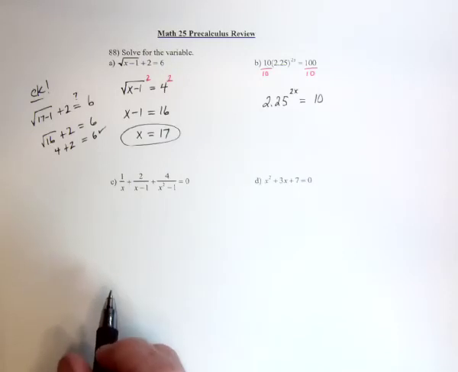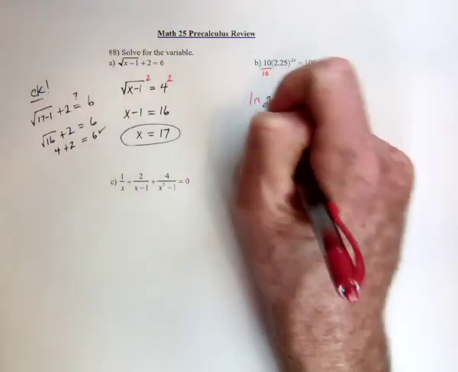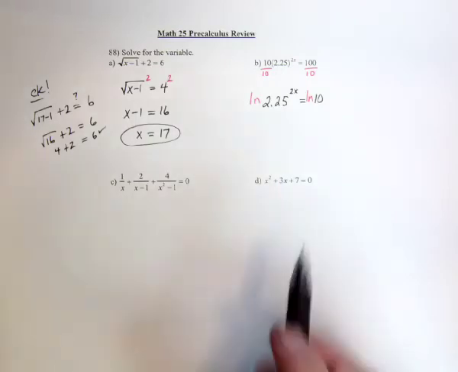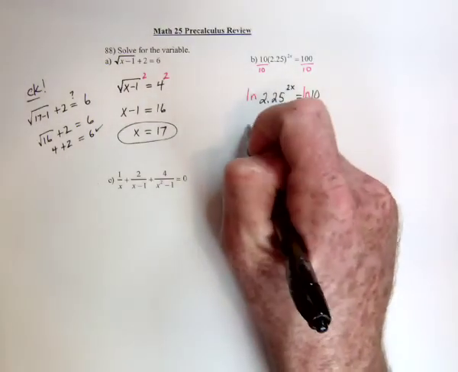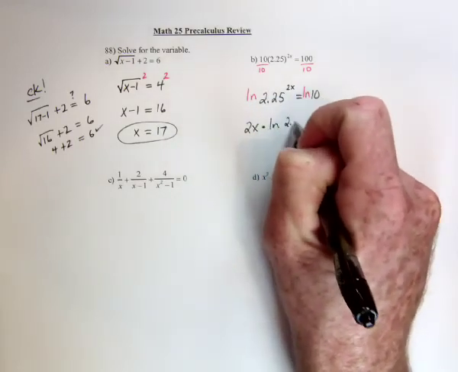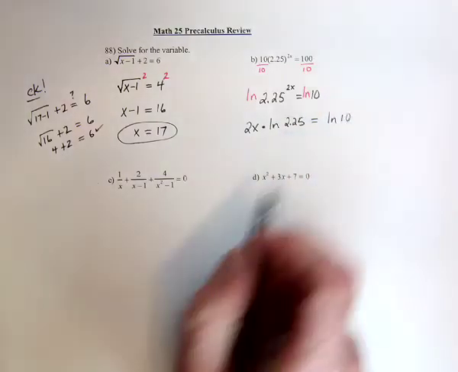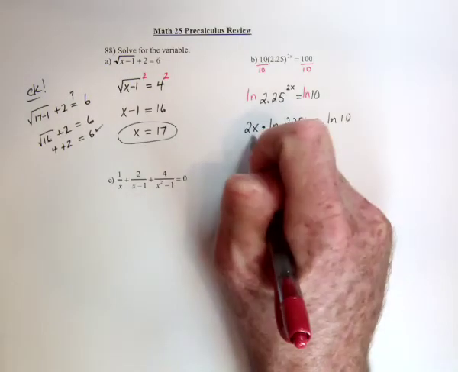Then what we can do is take log of both sides. You can use whichever logarithm you want. I'm going to use natural log. And the reason for doing this is there's a rule from logarithms that says this 2x exponent, you could bring it down in front and multiply. And then on the left-hand side, in order to solve for x, all you need to do is divide